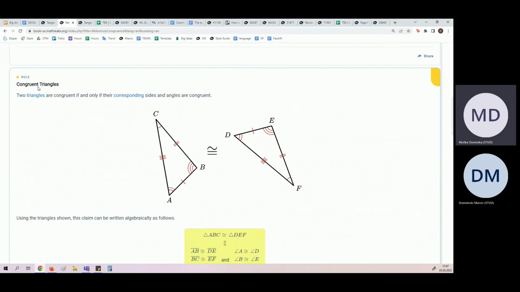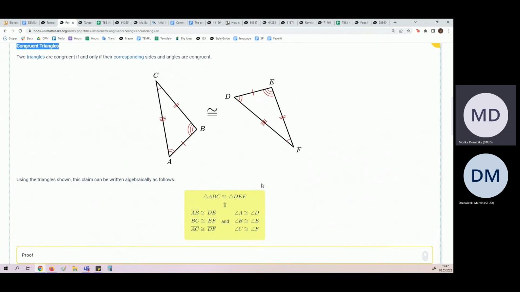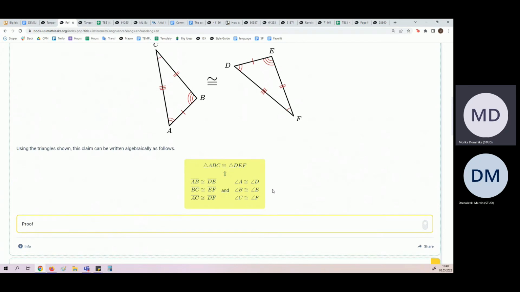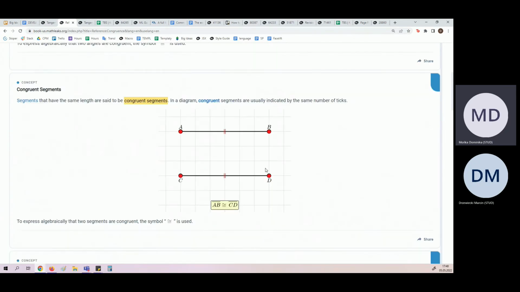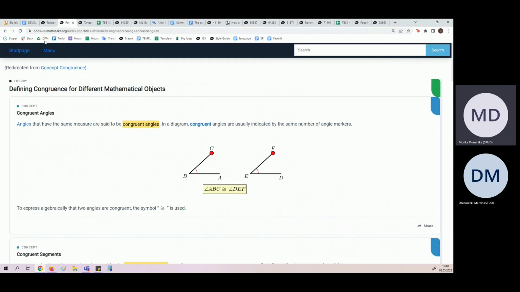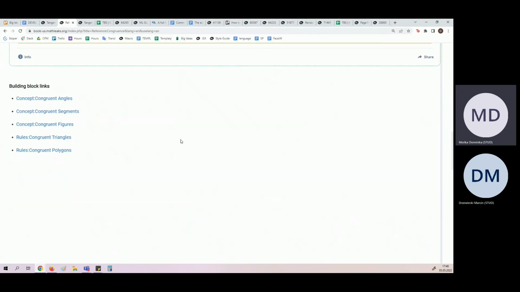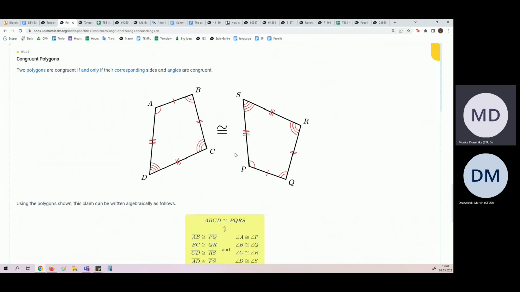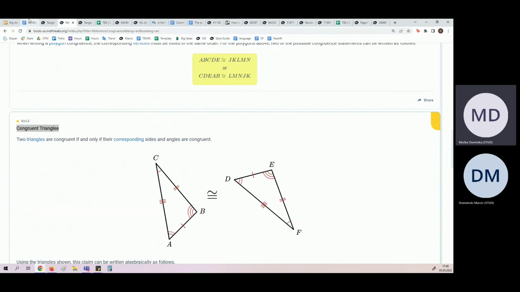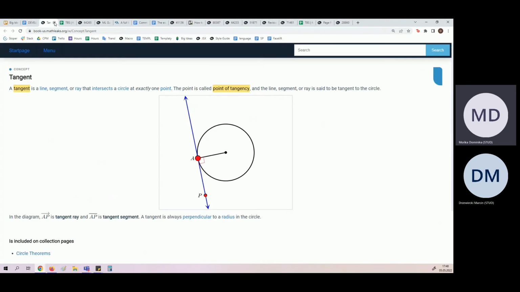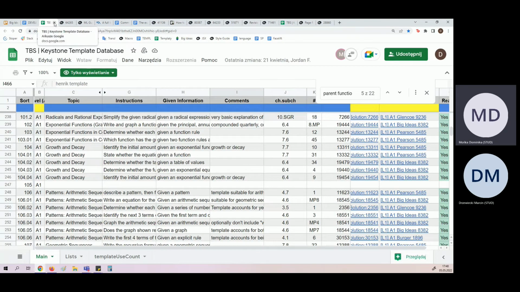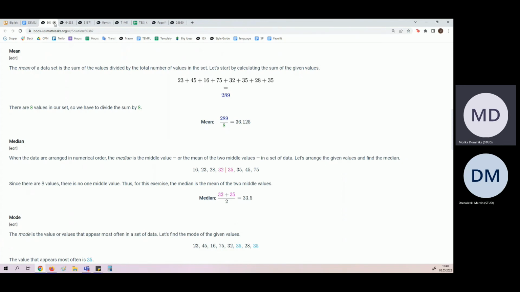And now what we really needed is a rule page that is congruent triangles. And this describes perfectly what we are looking for. We should also always open the link and just look in it. Because if we open a link for congruence, we see, oh my God, that's just too much information to give to a student. So please remember to open the pages you are linking,